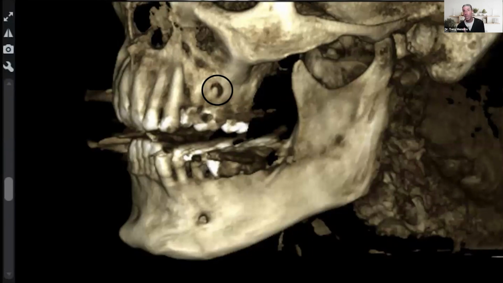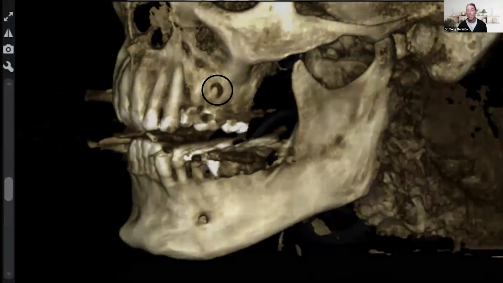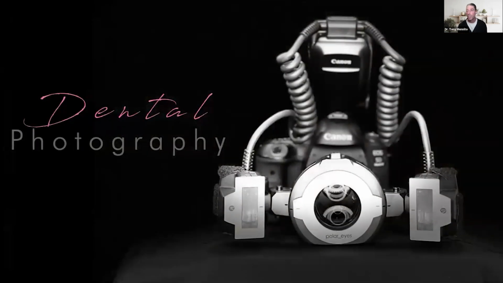So now we can not only get the tooth addressed, but also refer this patient to an ENT to have the sinusitis treated as well. It's really, really important to get that adequate diagnosis. So I love CBCT. When we first got it in the practice, I was kind of like, that's interesting and all, but I don't know that I realized just how much value it would bring to our practice. The next thing is dental photography, and photography, both intraoral and extraoral, for me is the best